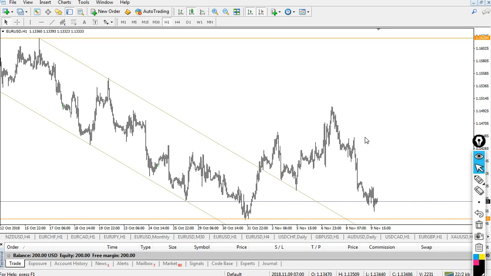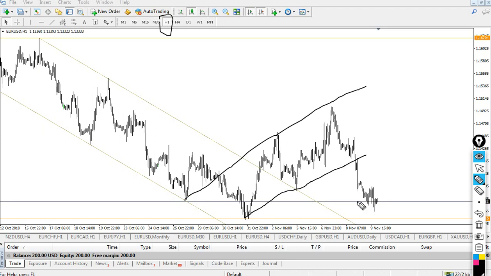The other part is that the market is now making another channel. How do we determine this? Now if you see here, we are on H1. Okay, right now we are on H1. Now see this and see this. This is our breakout candle. The market goes down, and this is a breakout candle. Now this is a consolidation part.